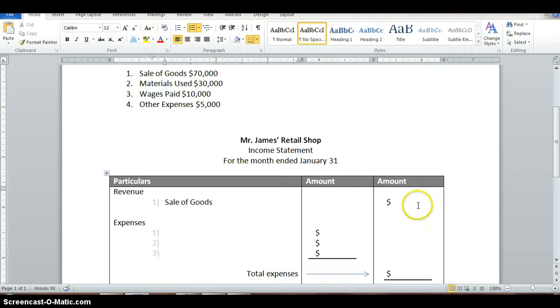I want that title in there, and then we're recording this amount on the right side of our income statement, which is $70,000. Okay, and then I list my expenses. First expense is materials, and that's $30,000. And then you're going to list your wages and your other expenses in the next 2 lines,